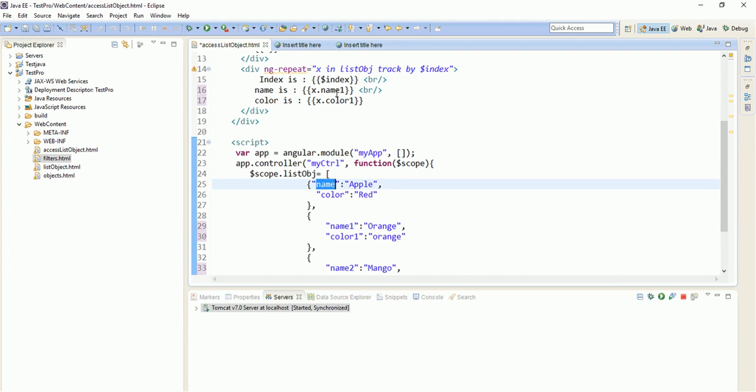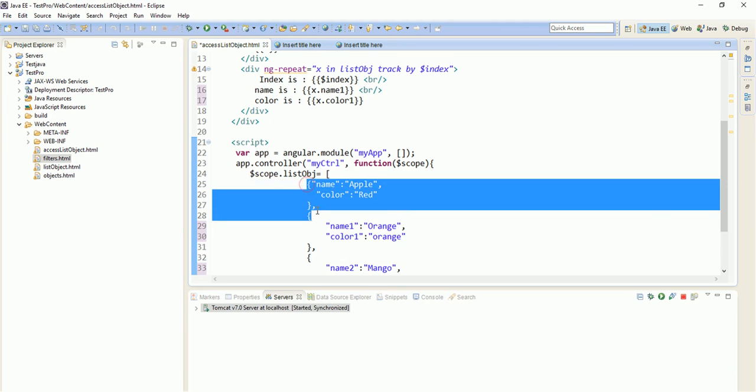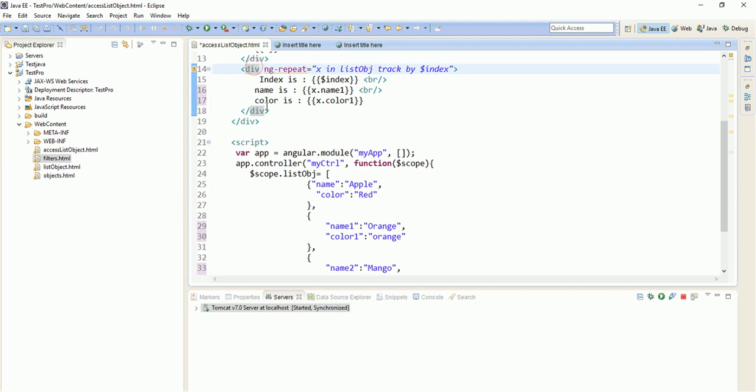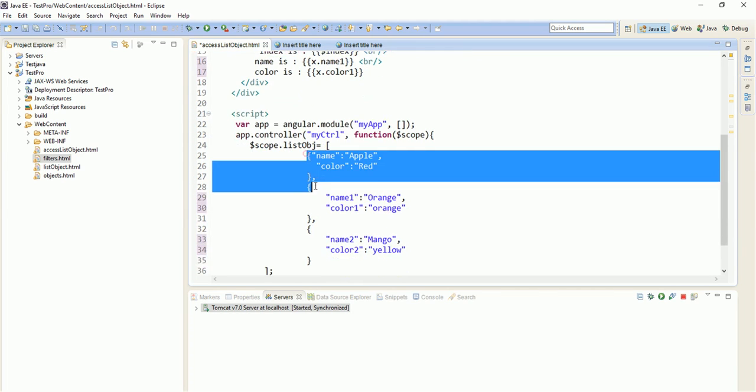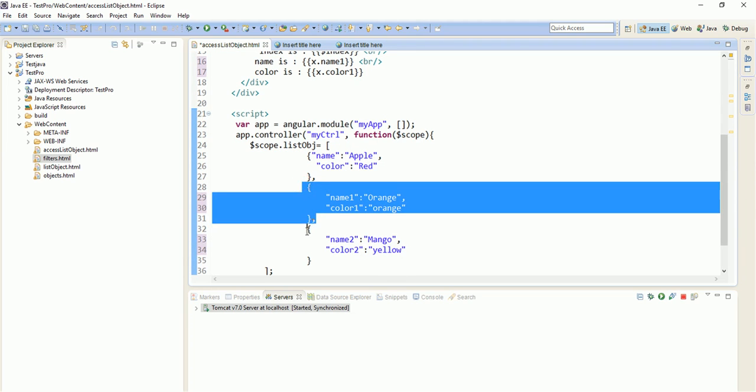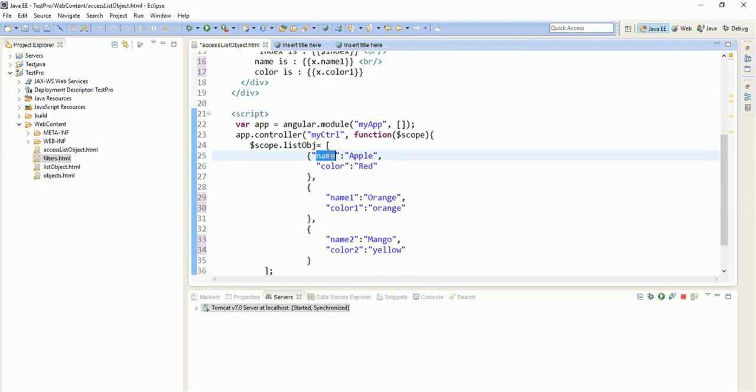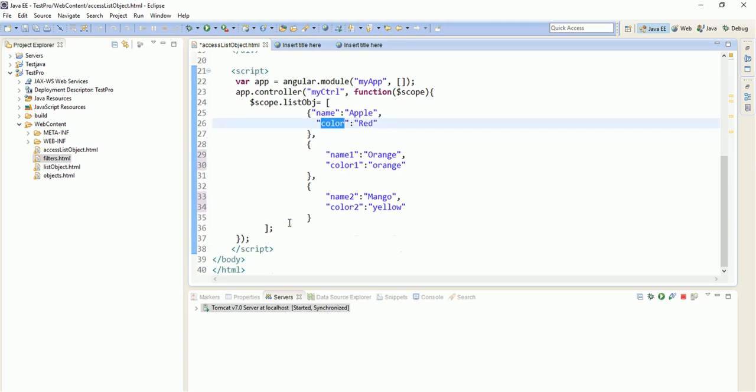This will not understand the concept, this will not understand the variable name, and that is why this will not print. So that is why we keep homogeneous keys in all these objects and then print through ngRepeat. Now if you want to keep these heterogeneous keys, like they are different, then you will have to first